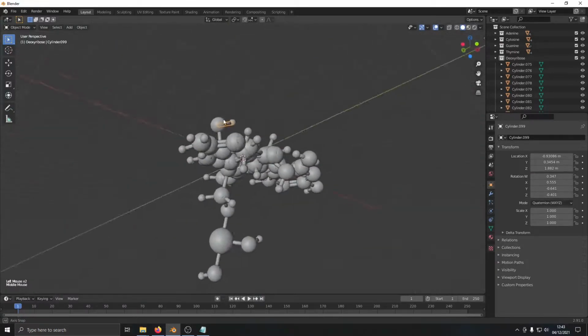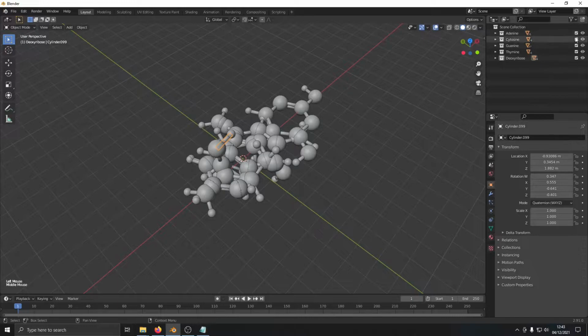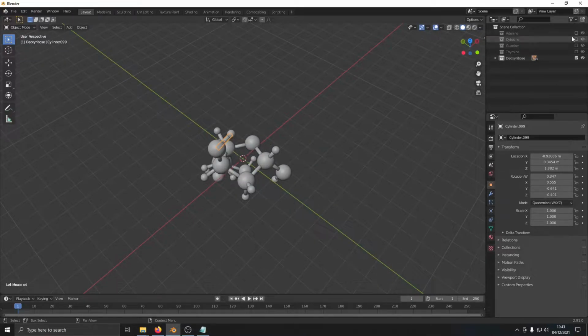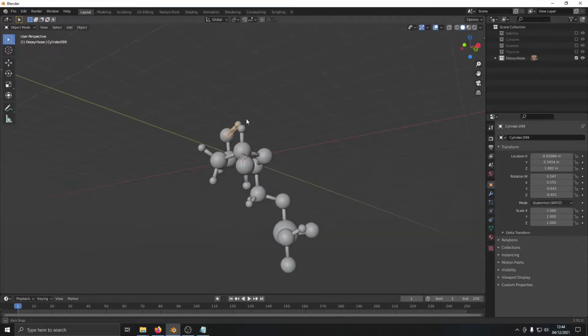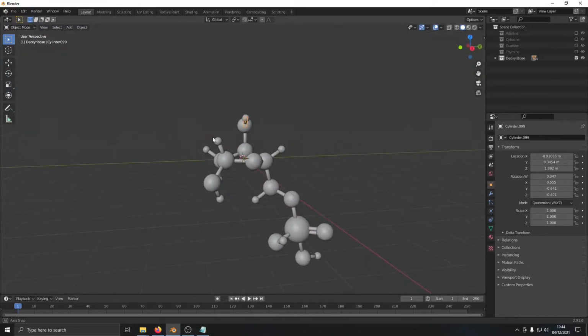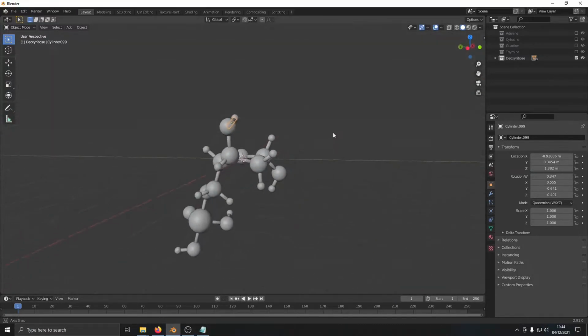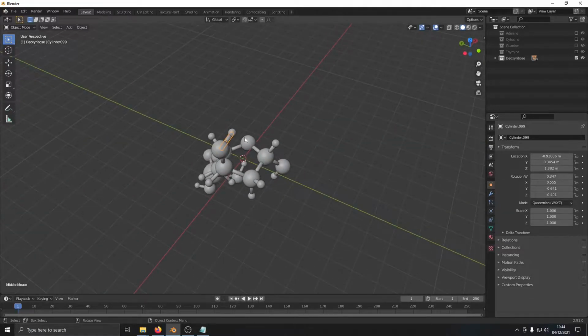Okay, so now we have all of the molecules that we need to make up DNA. They're all smushed on top of each other, but we can isolate the ones that we're interested in just by ticking these boxes, and that will prevent them from being loaded into the scene. So, for example, here's the deoxyribose molecules. So these chain together to form the backbone of DNA, and then the actual base pairs anchor onto this pentagonal